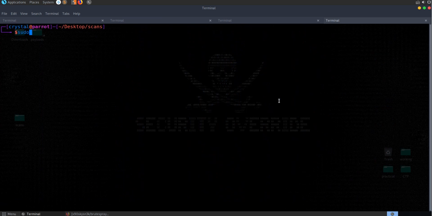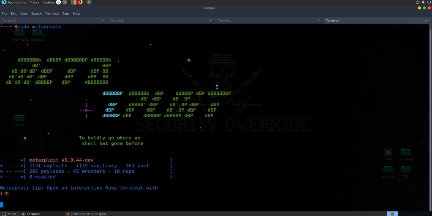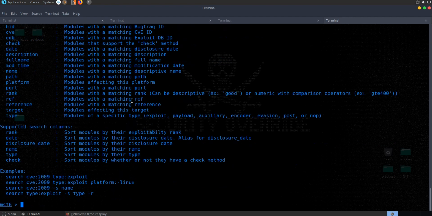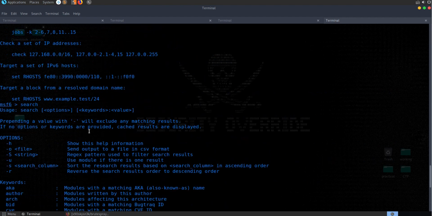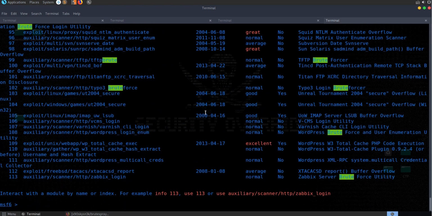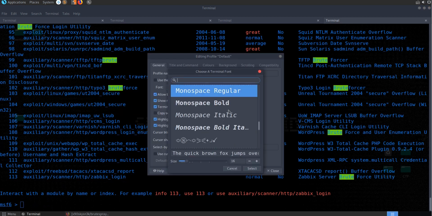So as that's running through, let's just go and have a look at another service that we could use to do some brute forcing, which is good old Metasploit. So we can open up the MSF console. And once this boots up, we can have a look at the help menu if we want to. We can search for different things. So if you just type in search without any options, it'll give us some possibilities here. I'm going to search for brute, and if we search for brute, you can see that it's a little bit hard to see there at the moment. Let me change this down to